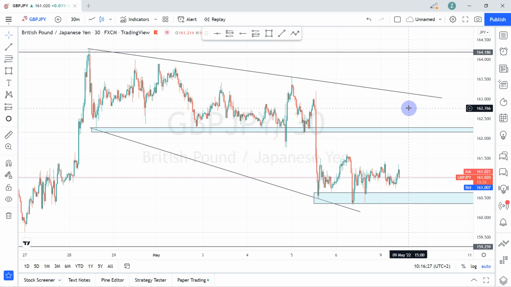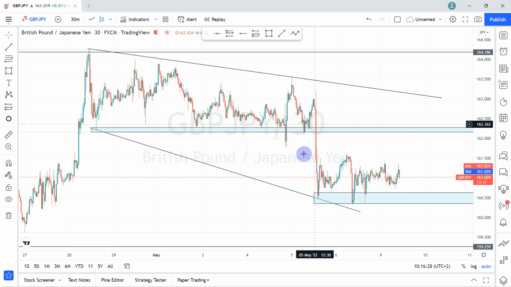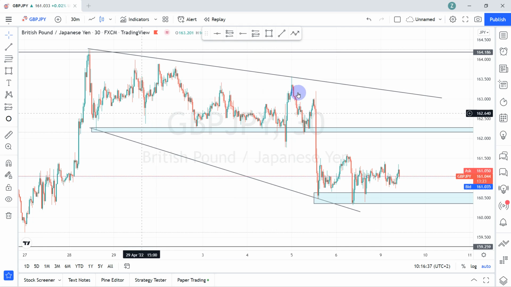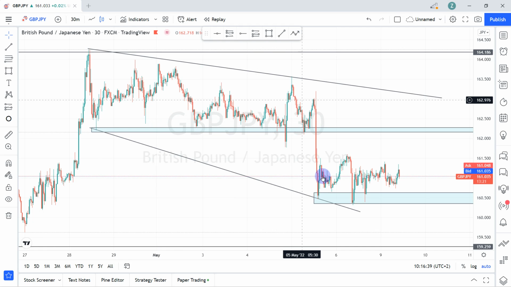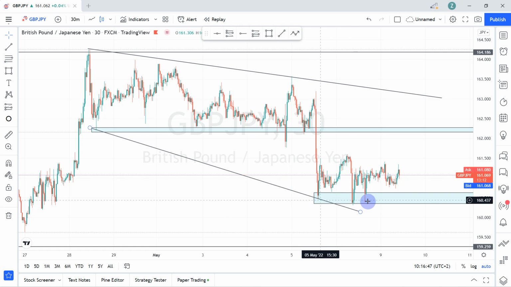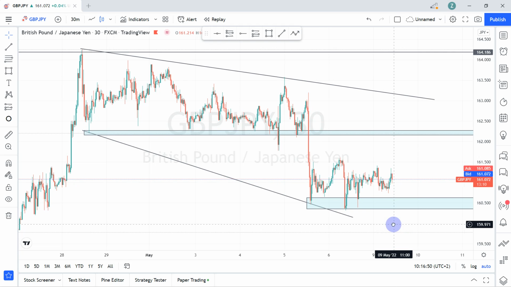Moving on to the 30-minute time frame, you would see that the market was playing around here. It then impulsed to the downside and stopped somewhere, and is currently respecting the zone, right? So